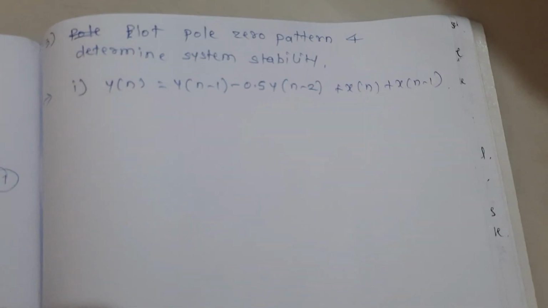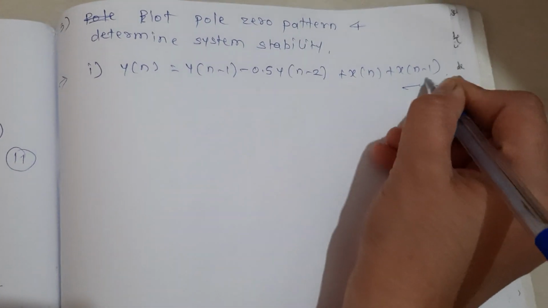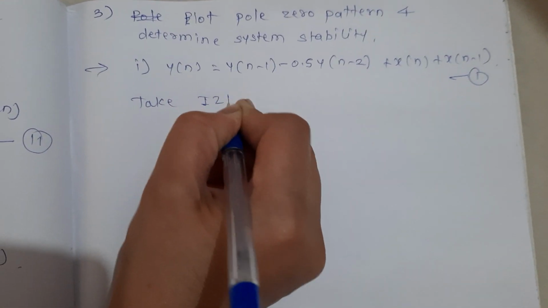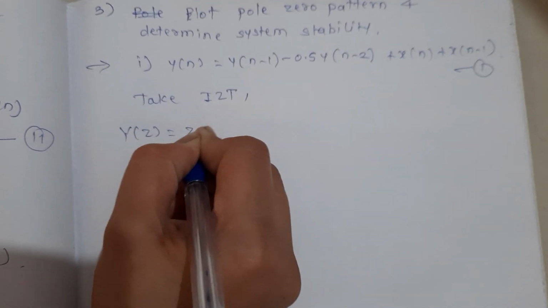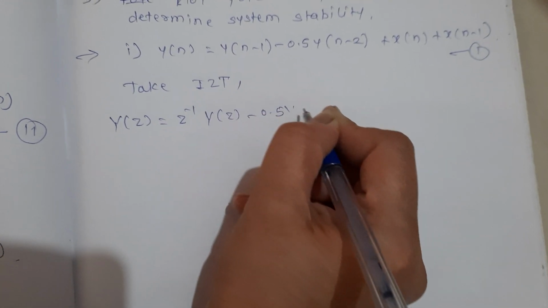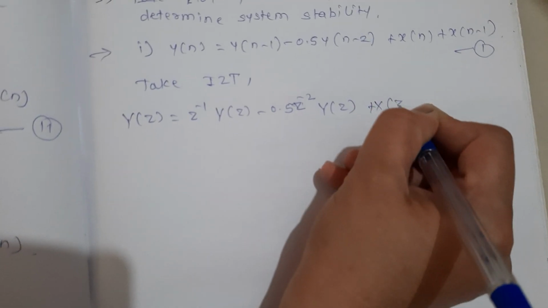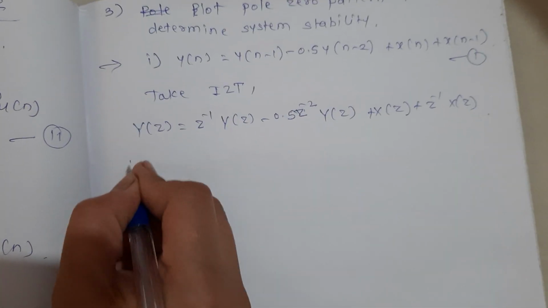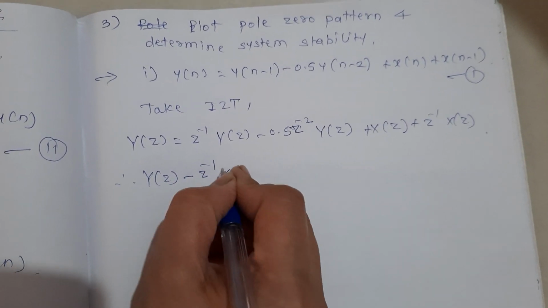Next problem: plot the pole zero pattern and determine the system stability. Now this is the given equation. So now take the Z transform. So we get y of z is equal to minus 0.5 z raised to minus 2 y of z plus x of z plus z raised to minus 1 x of z. Therefore y of z minus z raised to minus 1 y of z